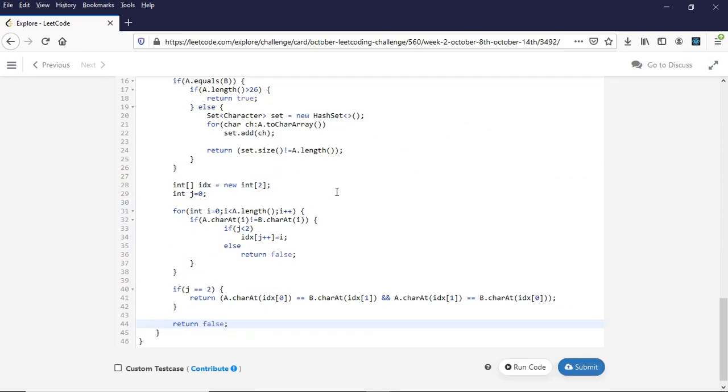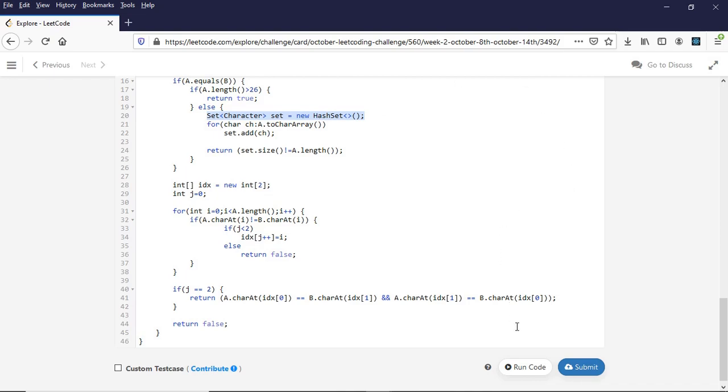Now if you see here, the complexity of this is, since we are going through all the characters in the string, O of n, where n is the length of the string. And the space complexity will be, since we are using constant space of 2, and also for the set, it's a constant space, because they have given that it will be only lowercase characters. So at most the set will only hold 26 characters, so it's a constant space. You can say either the space complexity is O of 26, or you can say O of 1, because it's a constant space.